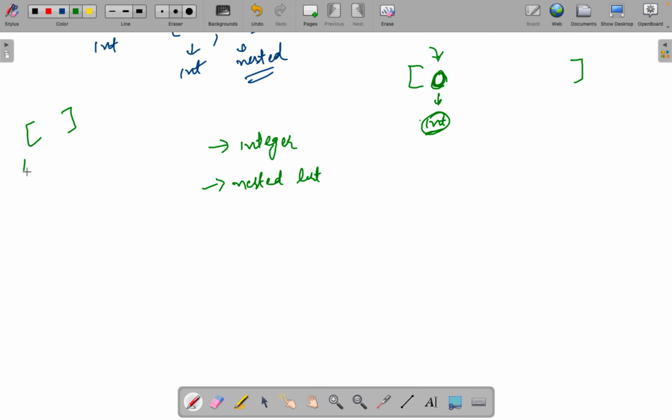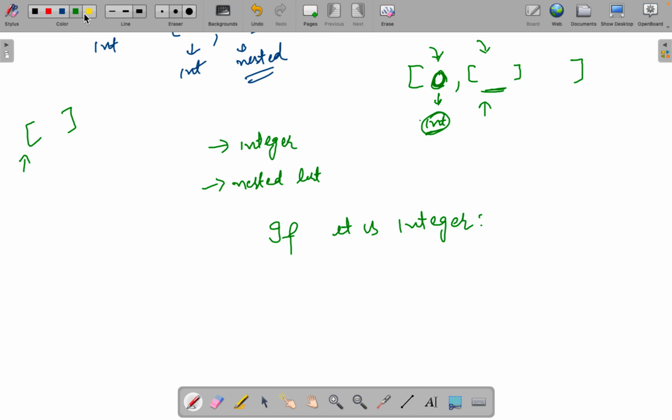We take an empty stack and push into it. And if it is a nested list, we use the same approach and iterate over this list with a for loop. So we are going to make two decisions. We check if it is an integer,